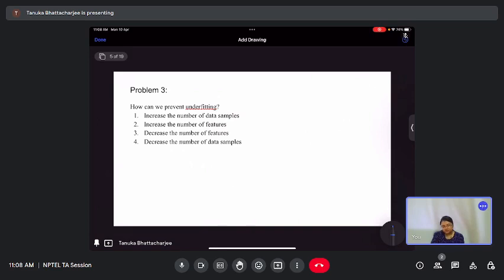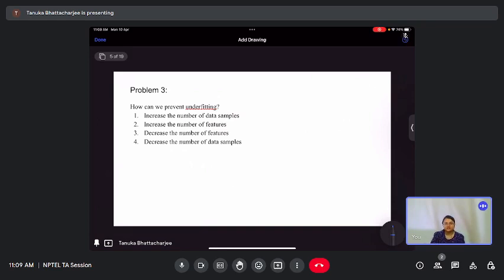The next one is, how can we prevent underfitting? Four options are there: increase the number of data samples, increase the number of features, decrease the number of features, decrease the number of data samples. Okay, so underfitting means your network or your model is not being able to learn the pattern that is present